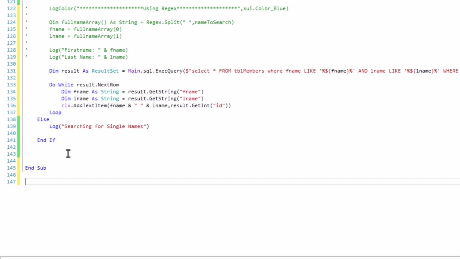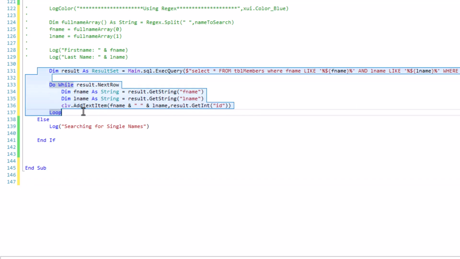but in case it's just one name, it means we have to search from either the first name field or the last name field.